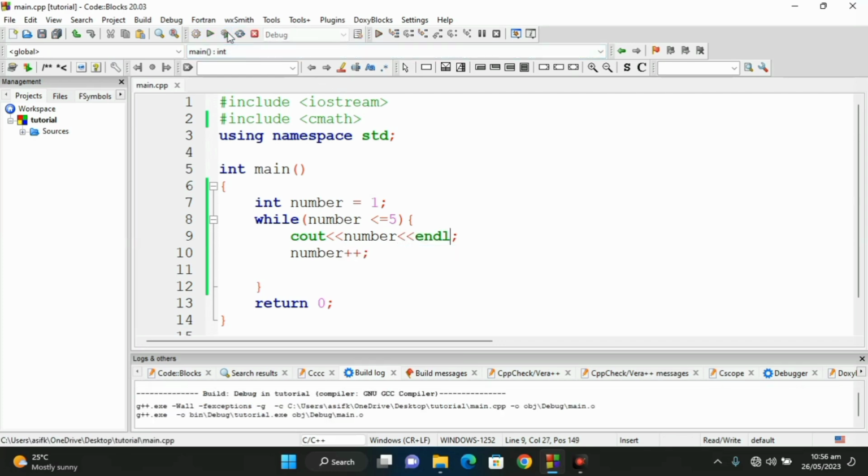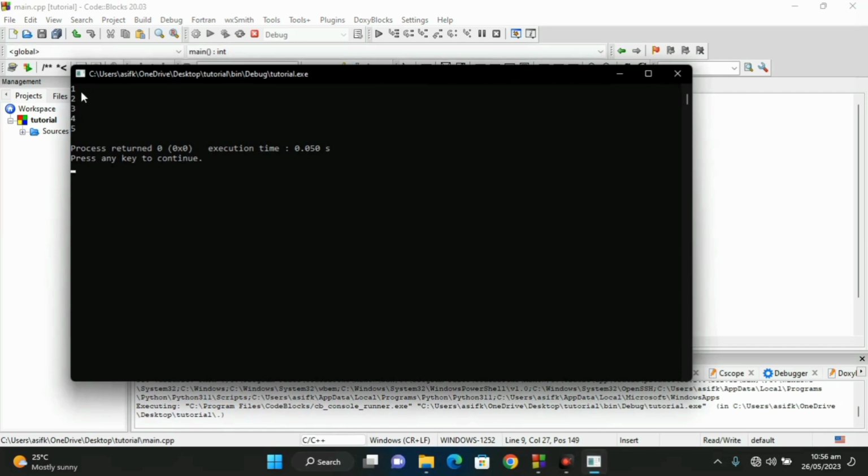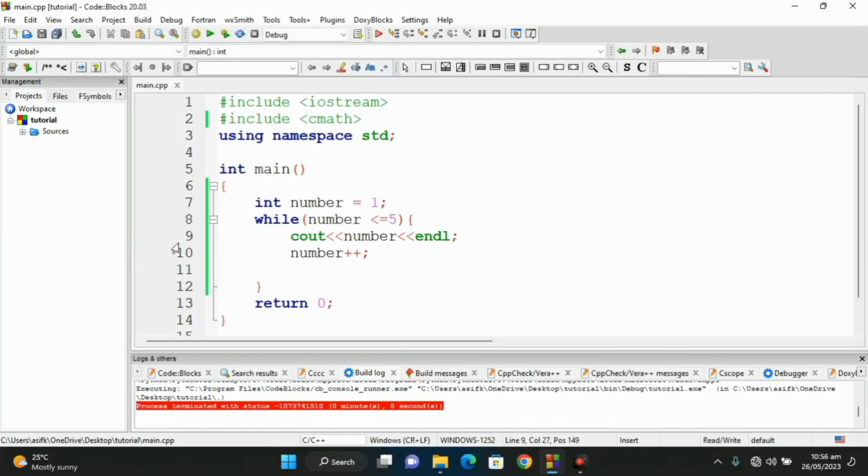Now run the program and it displays 1 2 3 4 5. So in this way, while loop works, you can print anything like